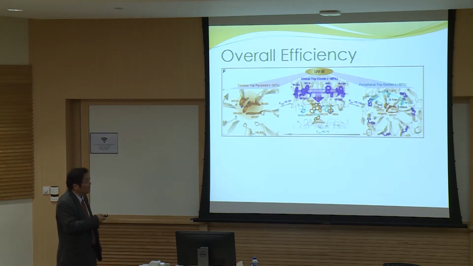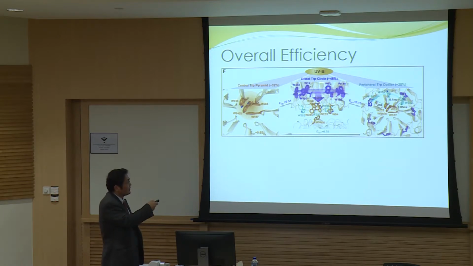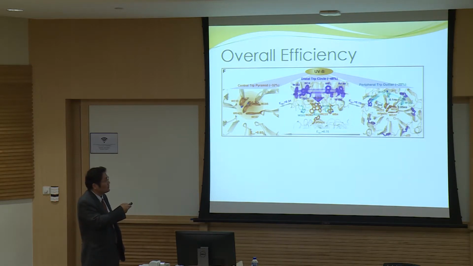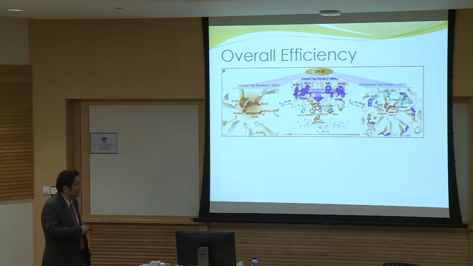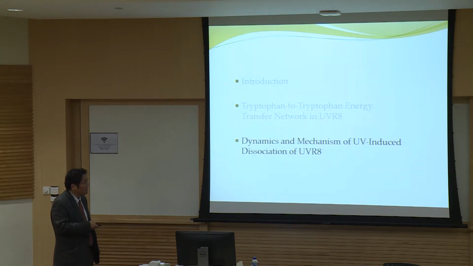So finally, I quickly summarize here. With the UVB, they absorb 35% directly in the center, and then they absorb 48% in the ring and also peripheral. And after this initial absorption, there is 34% transfer from the ring to the center, and then 10% to the peripheral, and the peripheral absorption transfer 75. So these are all the energy funnel in these molecules. Since time is short, this is summarized, basically I already told. I quickly mention just